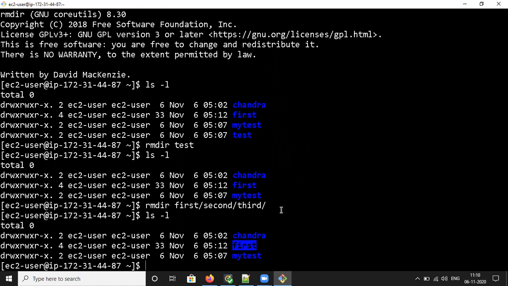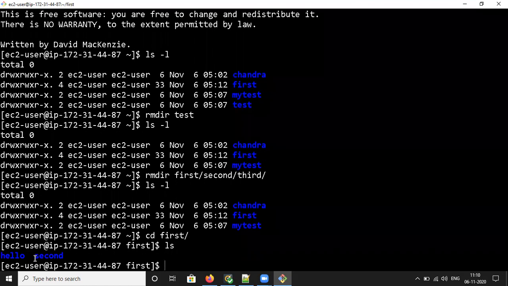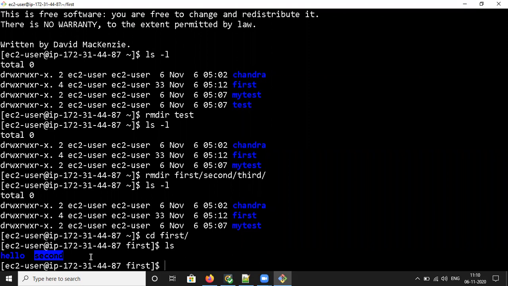Please make sure that there are two directories available inside first: one is hello and the other one is second. It has deleted the second one. Hello is still there. You can check. Get inside with cd first. Type ls. See, hello and second are still there. Now we can try cd second.